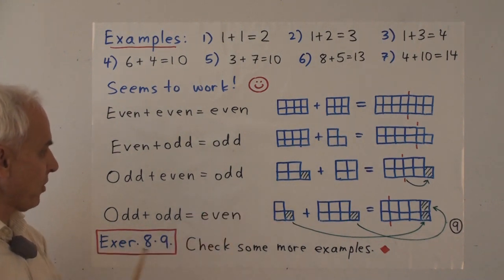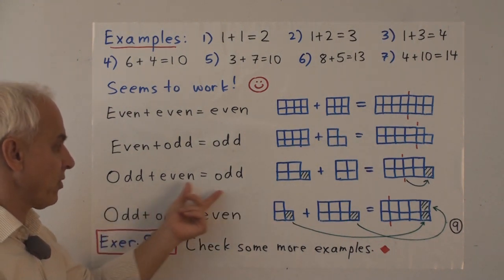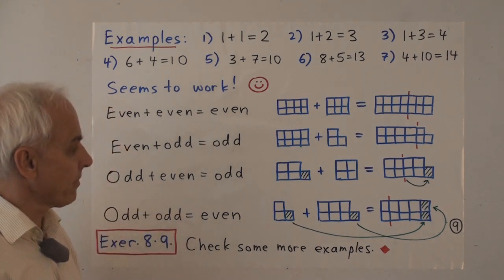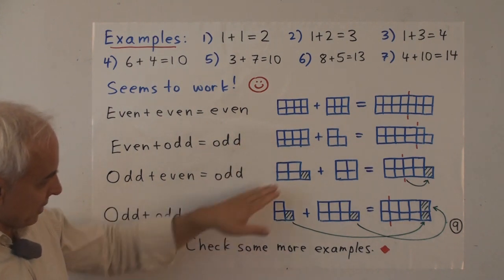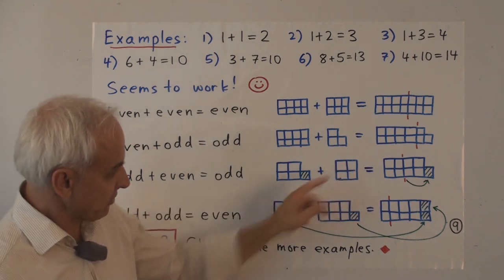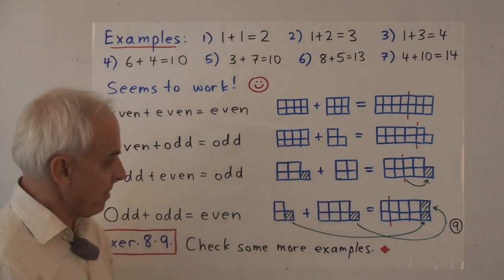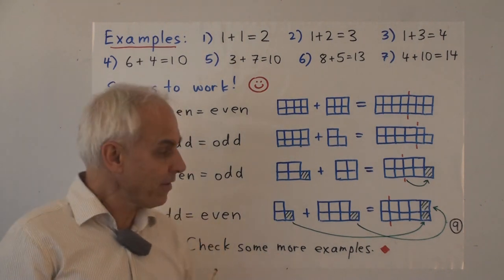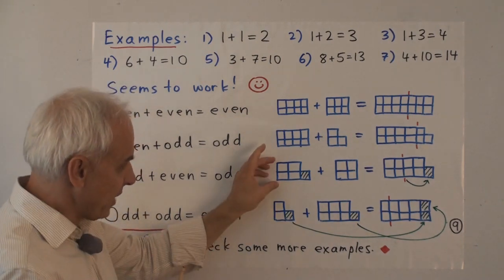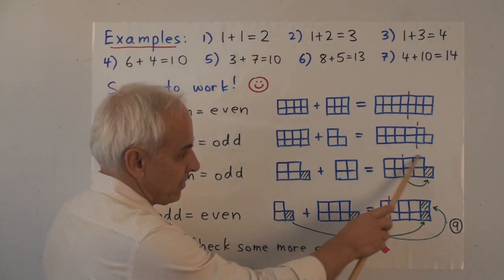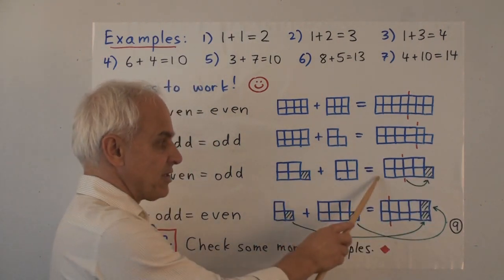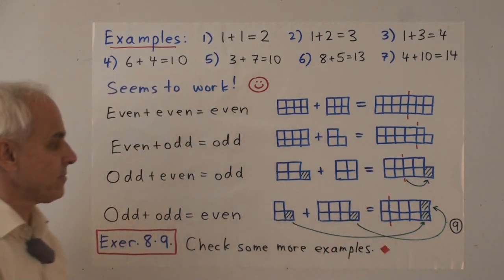And the same thing happens if the order is the other way around. If we have odd plus even, we're still going to get odd. First of all, you could say that's because of the commutative law. But if we want to think geometrically like this, there's an odd number, a rectangle with 1 more. There's an even number, which is just a rectangle. When we combine them, well, they don't fit together so well. We may have to chop this little extra fellow off momentarily. So if we do that, then the 2 rectangles can fit together. And then we can add this thing on at the very end. So the result is still an odd number.